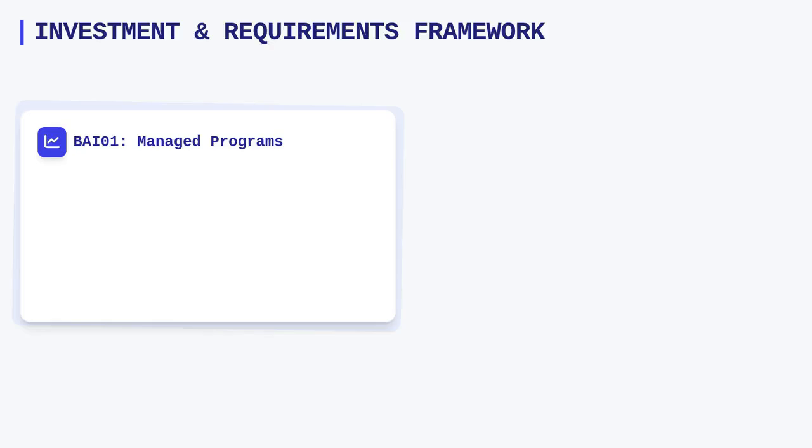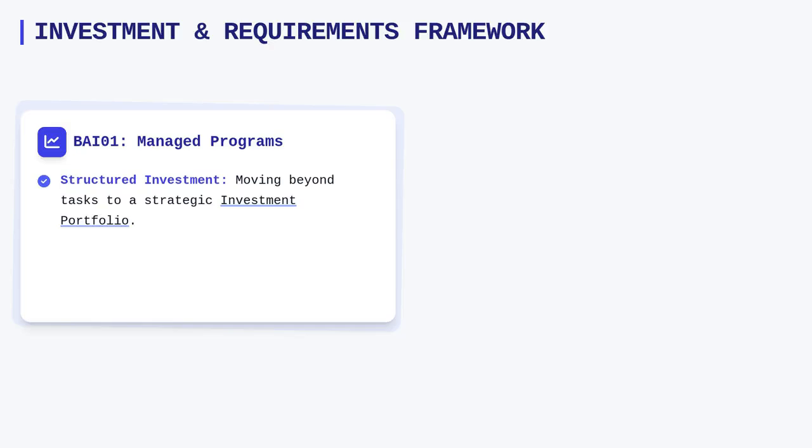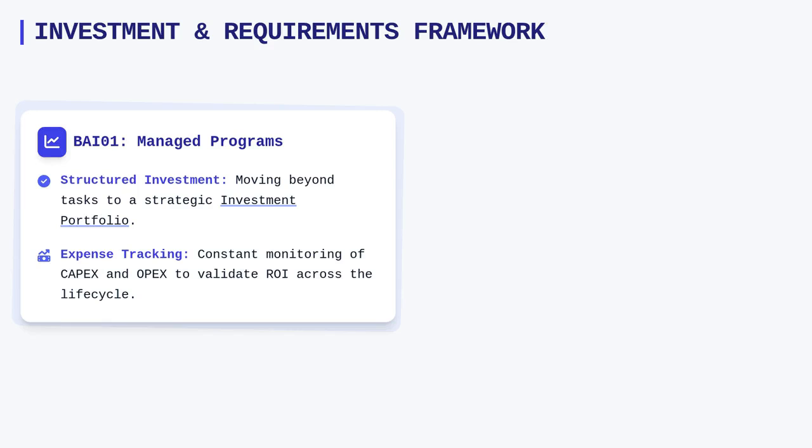Managed Programs and Projects, known as BAI01, sets the stage for success by establishing a structured environment for investment. It is not sufficient to simply complete a set of tasks. One must align these tasks with a portfolio of investments. This requires constant tracking of capital and operational expenses to verify that the return on investment remains valid throughout the